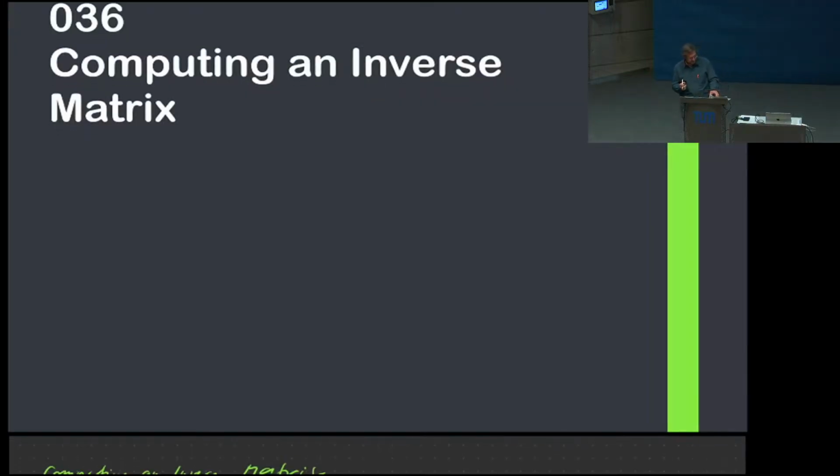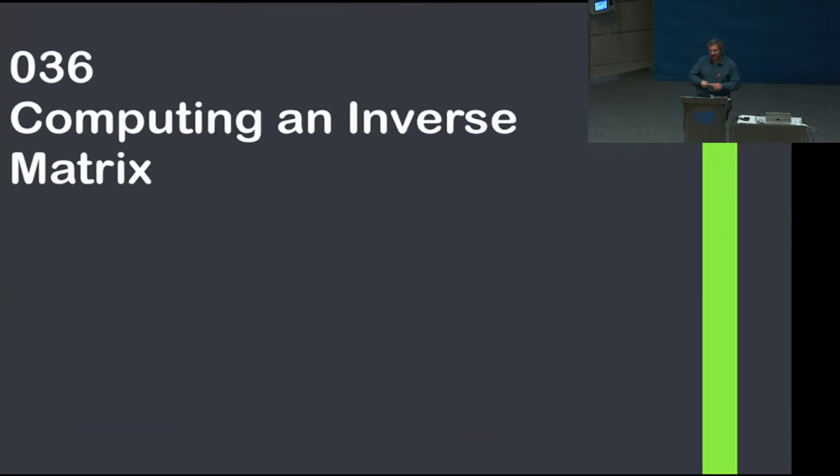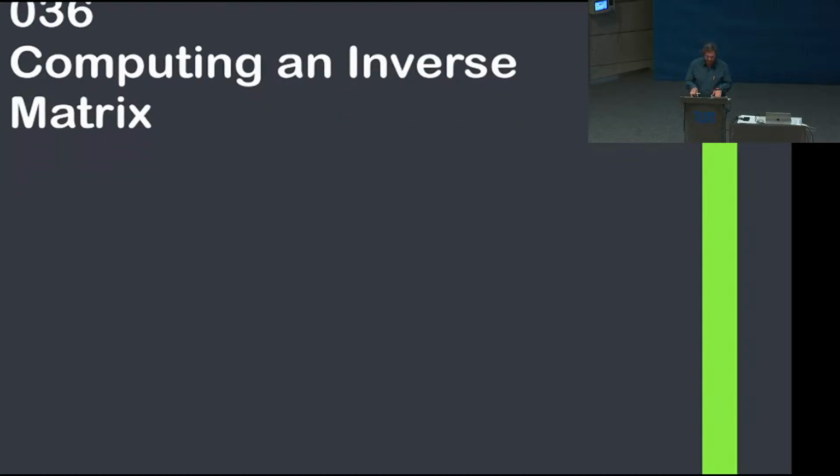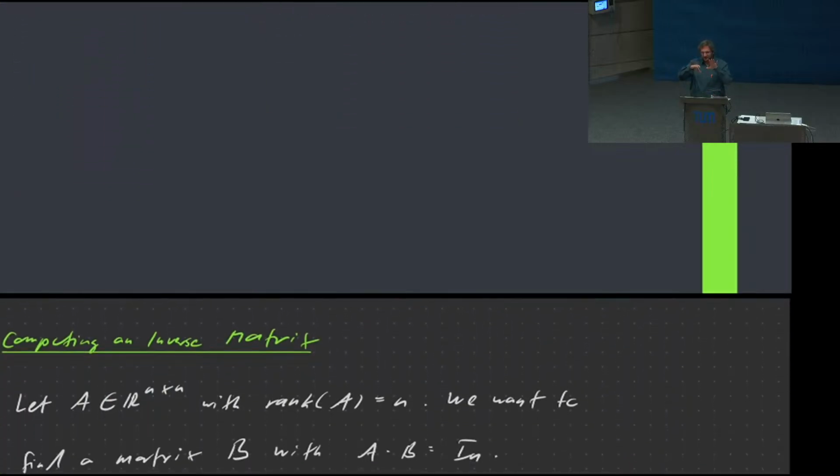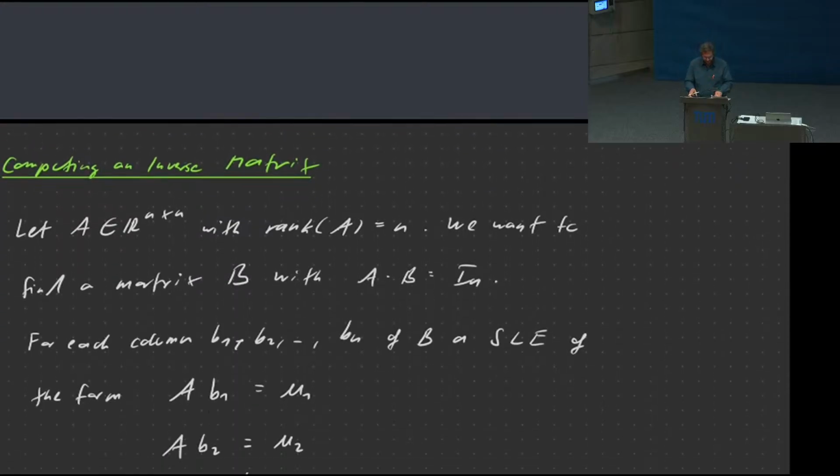All right. Now that gives us a nice criterion about how to find out whether we can invert a matrix. We know how to determine the rank, and it's actually computationally easy to do that. So we can find out whether an inverse exists or not. The remaining question is, how do we compute the inverse? And nicely enough, both of these can be done in a very similar way.